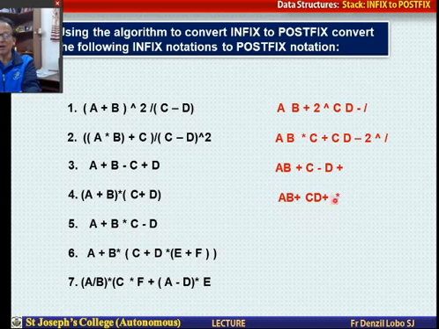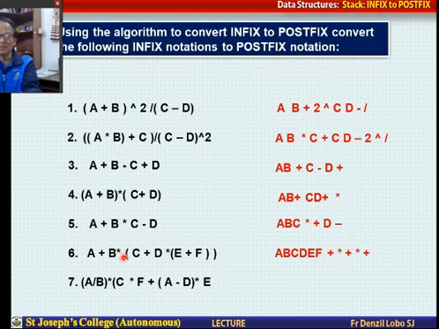Earlier we had divided by, now it is into. So then this becomes A, B, C into plus. A, B, C into. Then plus, then D minus. So this one becomes A, B, C, D, E, F plus into plus into plus. You have to use a tree structure to verify whether this is correct. Of course, we are going to use a stack to arrive at the postfix expression.